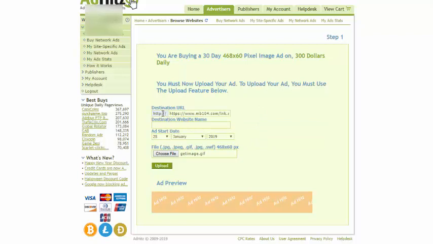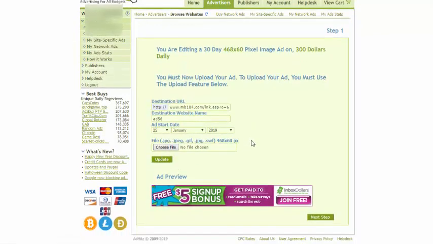Now this is very important. We already have the http:// so make sure to delete this from the URL like that, and let's type here "add". You can type anything here, okay? You can type whatever you want, and all you have to do is click upload. Great. Okay, so we have the link. This is very important, and we have the banner like you see here. So everything is great. So all you have to do is click next step,